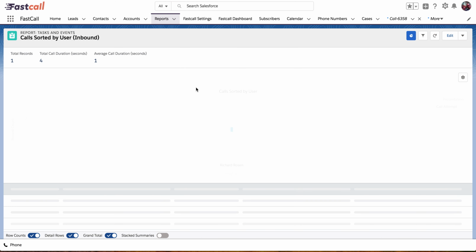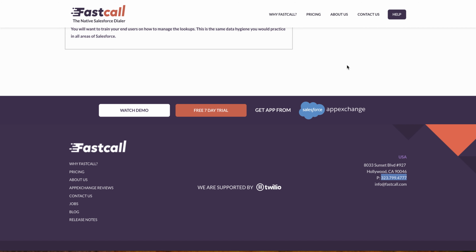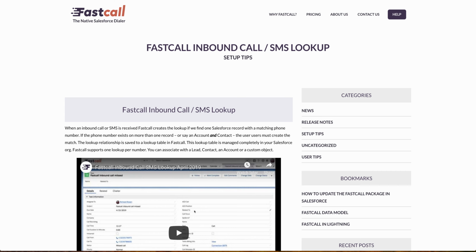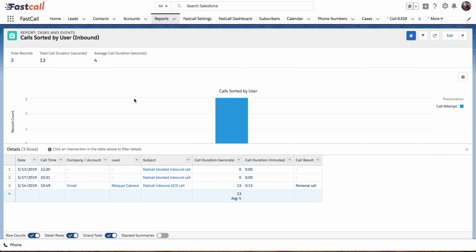Calls are honestly more, and actually, there's one more thing I want to show you. Calls are more detailed and probably are better. But if you just want simple, you can use tasks. And there's one or the other. There is also a unit on, I think it was named calls versus tasks. It's in here somewhere. I think there it is right there. Choosing between, right next to the one we're on, choosing between task records and call records. It's there. But you're going to create your reports around one or the other. The calls are more detailed and more data. The tasks are basic,